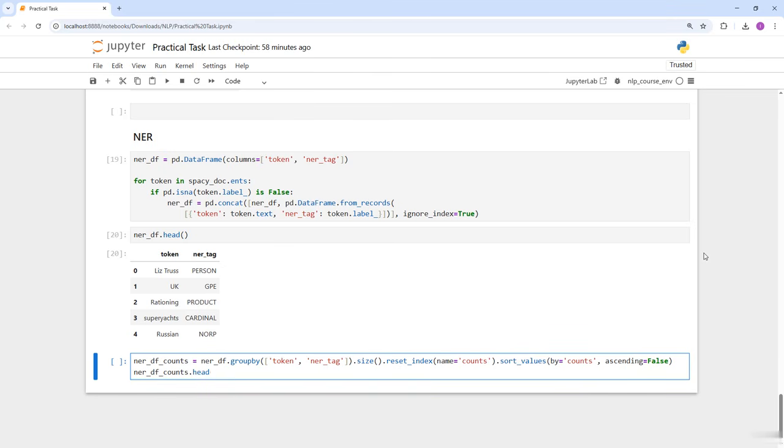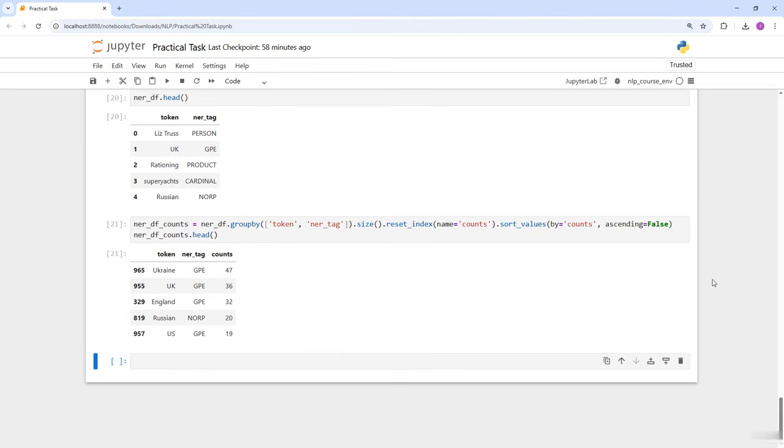When we look at the results, we can see that Ukraine is the most commonly mentioned named entity in this dataset. Even with just this simple analysis, we're already gaining insight into the main topics and locations discussed in these